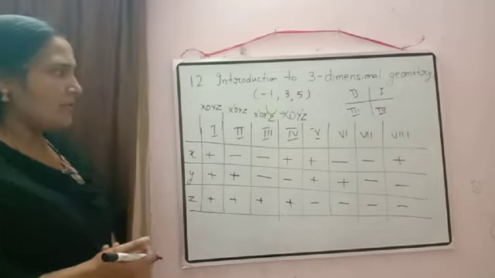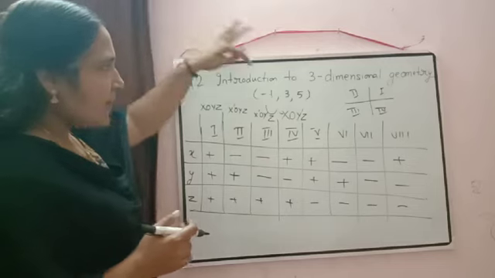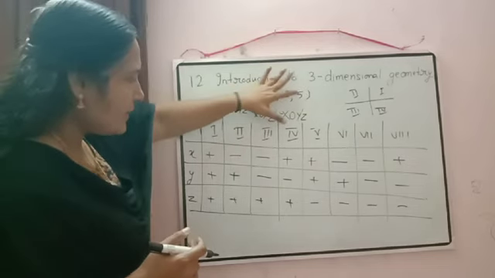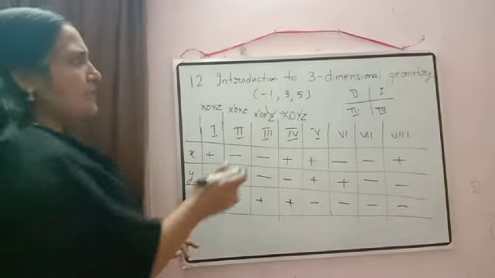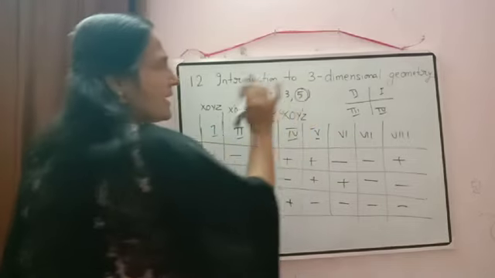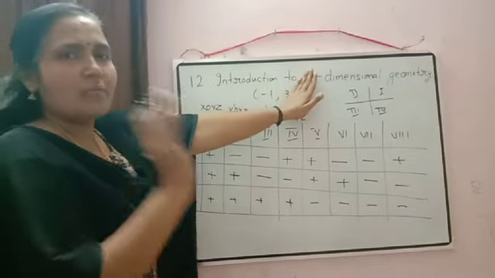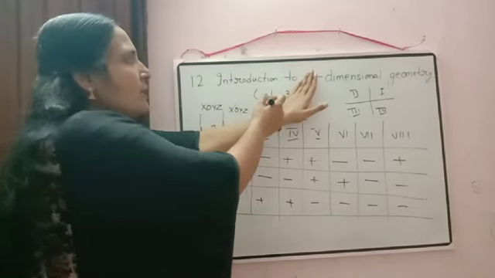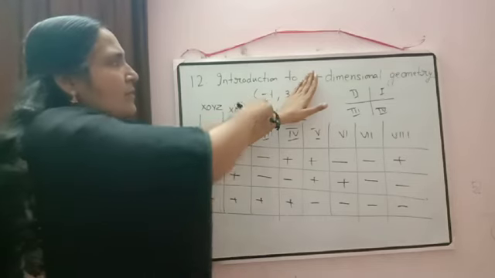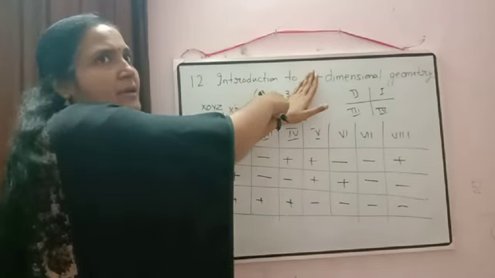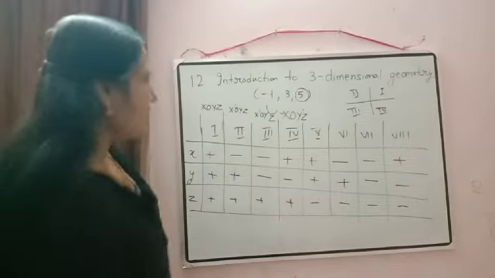(-1, 3, 5). First, draw the table in this way and check that the x coordinate is negative, and the y and z coordinates are both positive. Otherwise you can check in this way also: 5 here, z coordinate is positive. We wrote z coordinate positive in the first 4 only. You can also check this without writing the table. We know x coordinate is negative and y coordinate is positive in the second one, so it will be in the second octant.